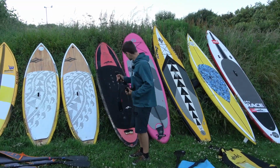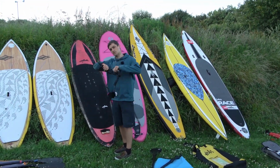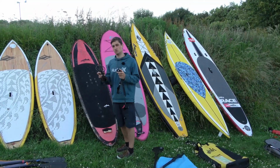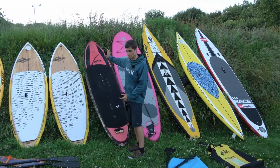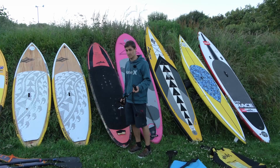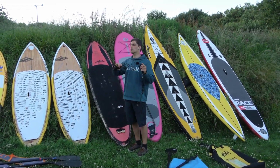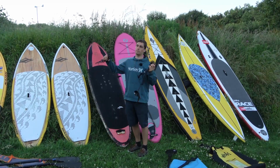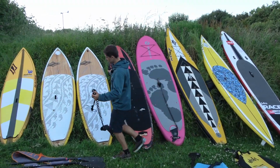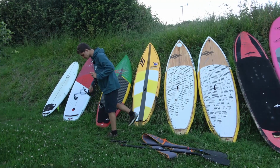So, but when you start surfing, really you want a straight leash, and that's because of the manner in which straight leashes stretch, and they tend to be as long as the board. That's another rule of thumb. Whereas these coil leashes, these boards can be pretty heavy, and in the waves they can really spring back and you can really hurt yourself. Whereas straight leashes, it just means that it will stretch out, but it won't ping back. You instead pull the leash back in. So again, straight leash, except if you're foiling, and then you go